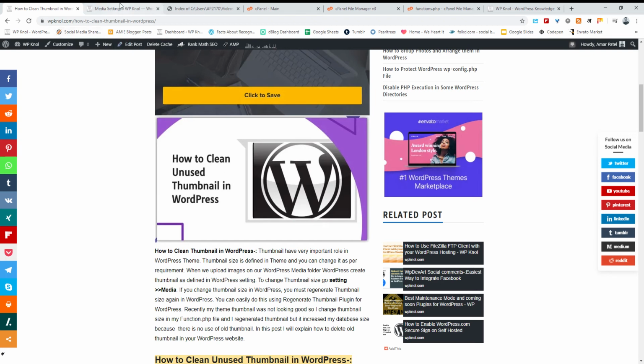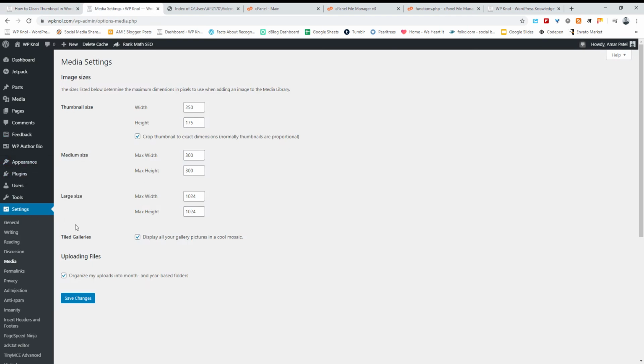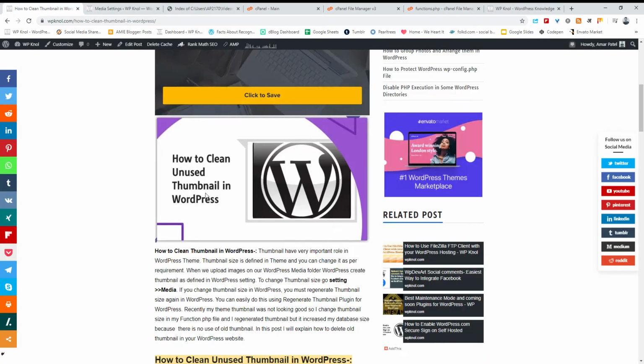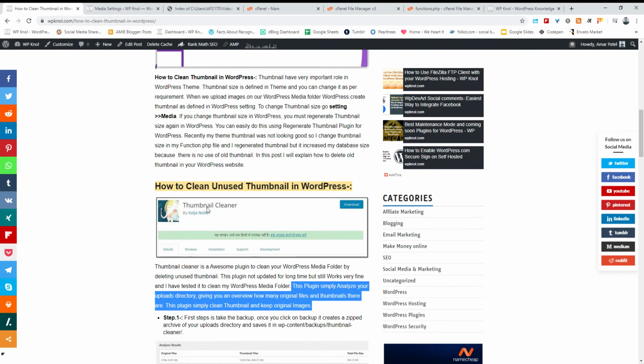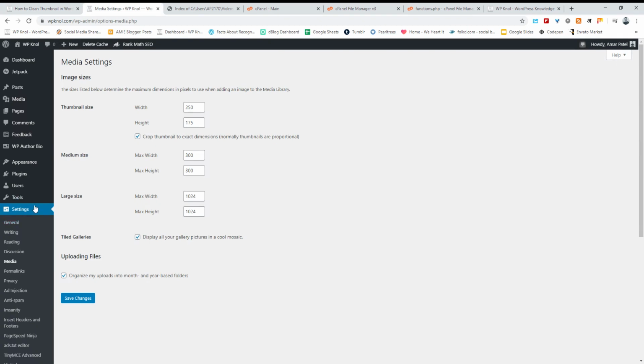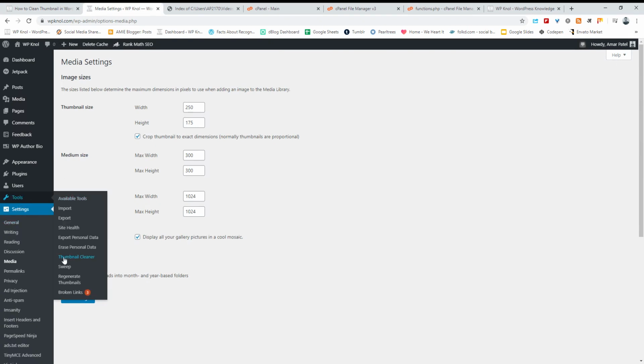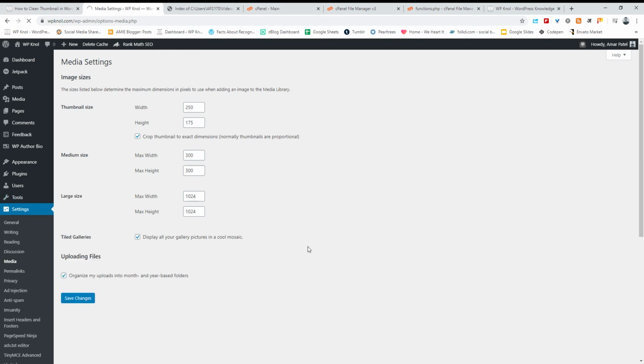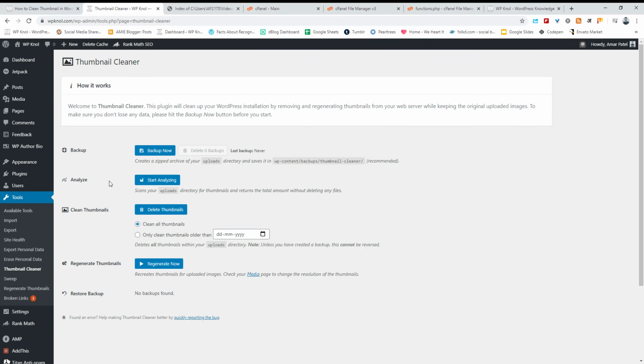To do that, visit your WordPress dashboard and install this plugin, Thumbnail Cleaner. Okay, I have installed this plugin. Once you install this plugin, under the Tools option you will get Thumbnail Cleaner. So this is Thumbnail Cleaner.